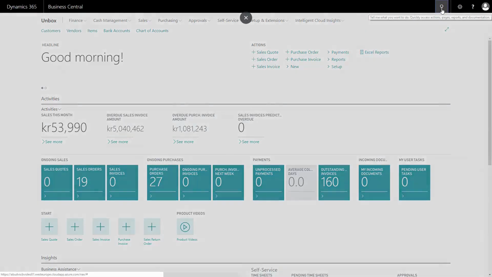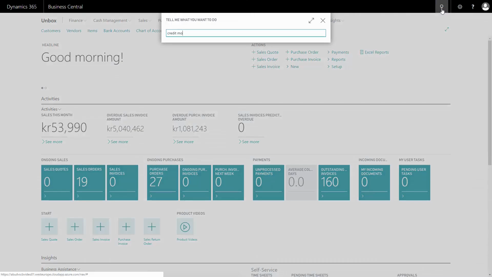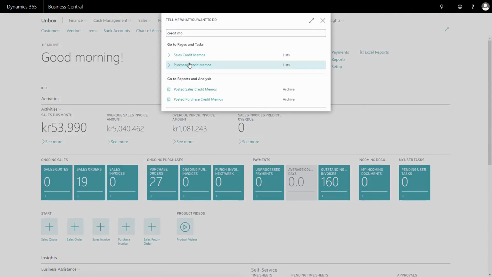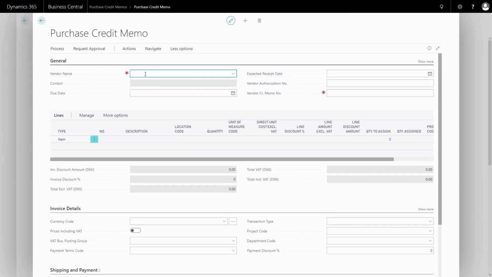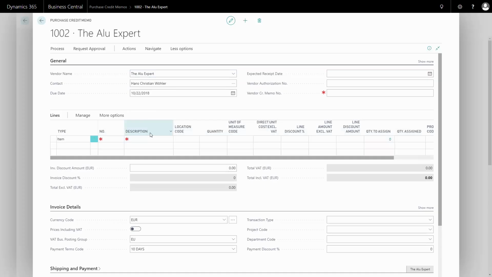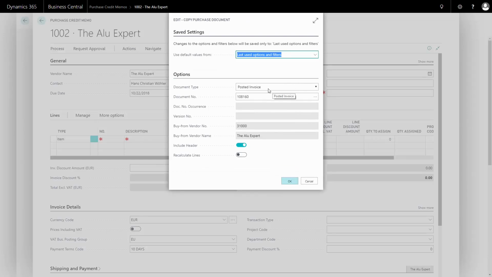So manually I will go on to my credit memo, purchase credit memo, and create a new one for this specific vendor. And now I can either enter the lines manually or copy from an existing posted invoice or shipment. So I will go to my process and copy document. I will select a posted invoice, and in this case